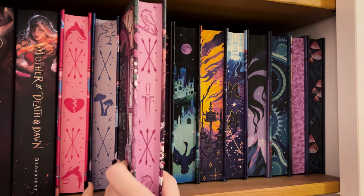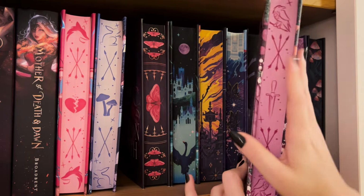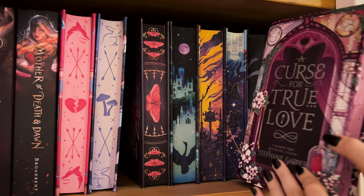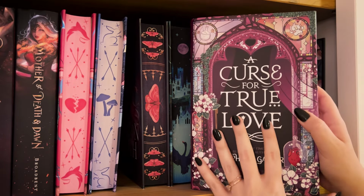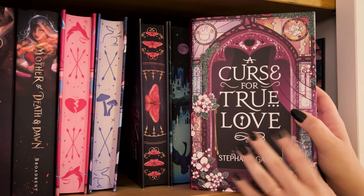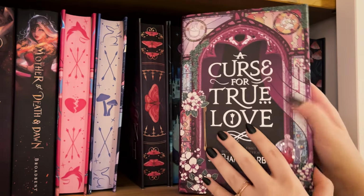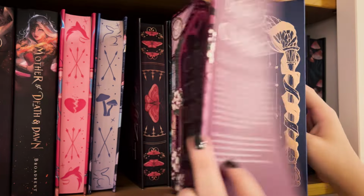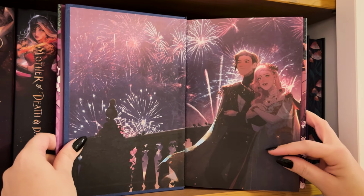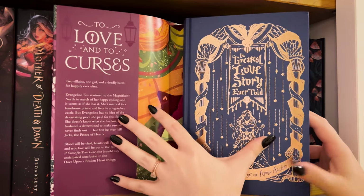And then the purple one is the third book, A Curse for True Love. And while this book was disappointing, this edition is so beautiful. The cover is so intricate and beautiful. I really love it in this purple color. And of course the quote on the back and the really beautiful stamped edges. And then these end papers are stunning. I love the fireworks, even though for story purposes, I don't really love it, but oh my gosh,